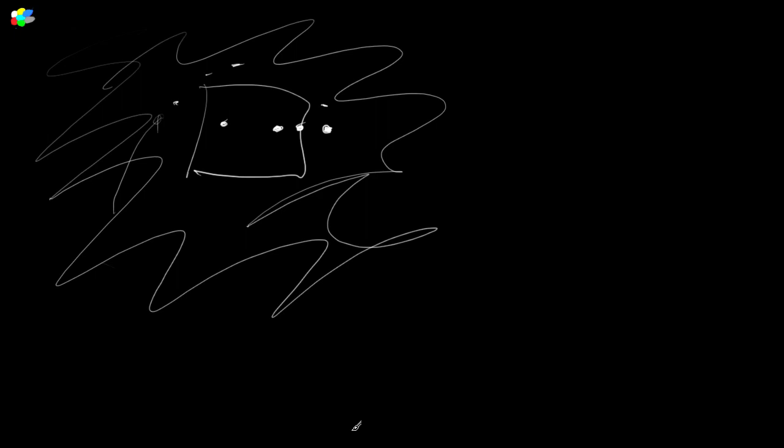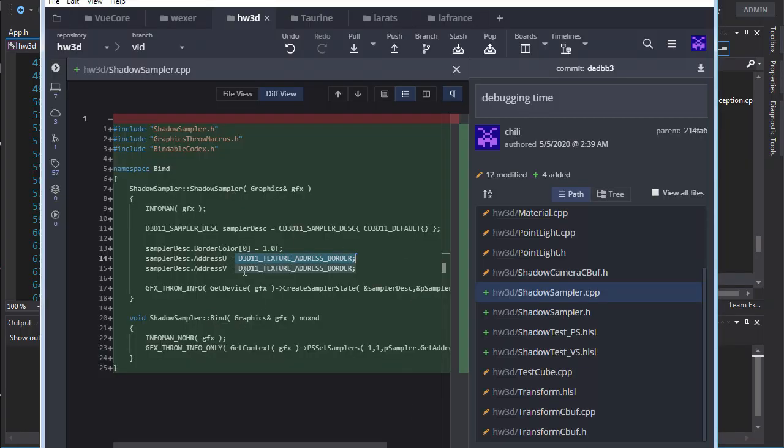And this will let us do that. It'll just return a constant value, which we could set to be the furthest depth possible. And so then that would make the scene work properly. It's not a huge deal in the big scheme of things, because later on we're going to get full coverage. But for right now, it's useful just to be able to specify what happens when we try to sample outside